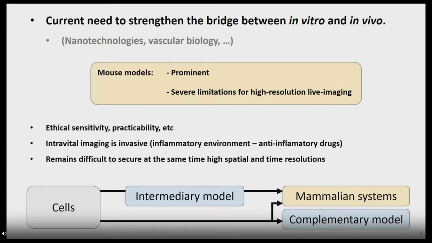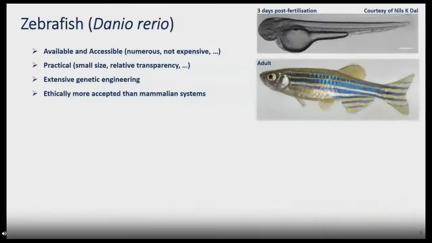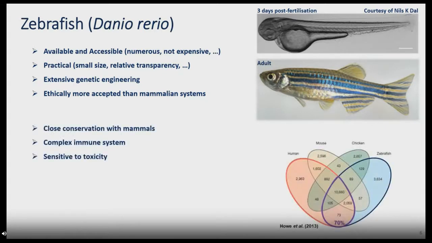And we think that one of the scientific animal models that is on the rise at the moment, and that benefits a lot from all these advances in imaging, is the zebrafish. It is highly available, accessible, and incredibly practical because of its small size. And as you can see on the right here, the larvae of the zebrafish are fully developed by day three, but they are also transparent when you add small drugs. There are a lot of tools that have been developed, and it is ethically more accepted than mammalian systems. But it's not just about